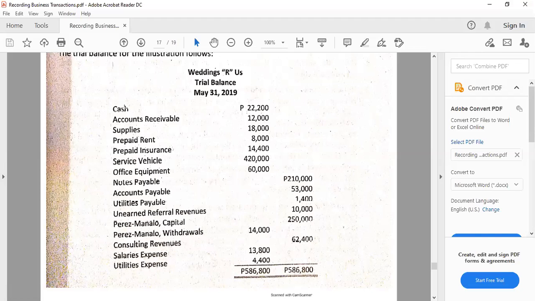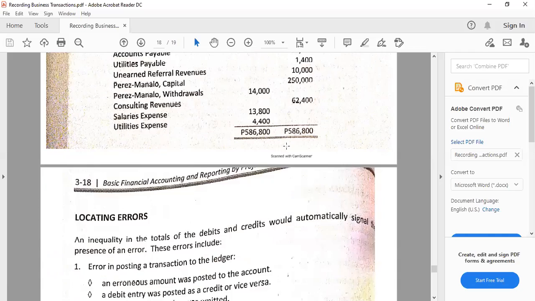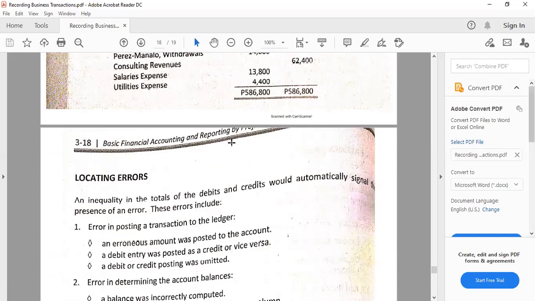Also, we can notice that the account titles are arranged again from assets, liabilities, capital, drawing or withdrawals or personal, income or revenues, and expenses. So we have to be careful about that. As to the arrangement, if this is real life, we can just go back or look at the chart of accounts. All right. Then to continue, what if really we would be getting like the two sides are not equal?